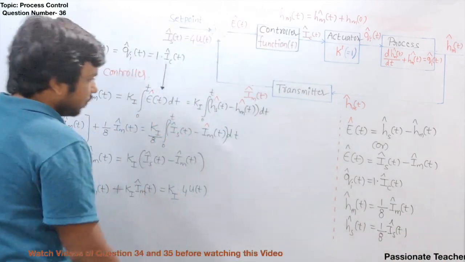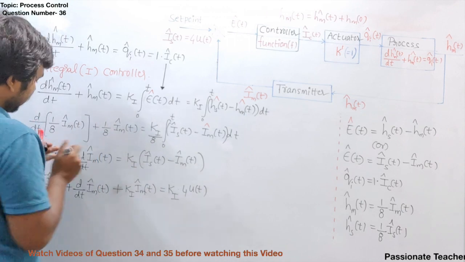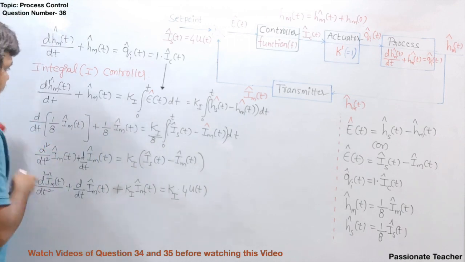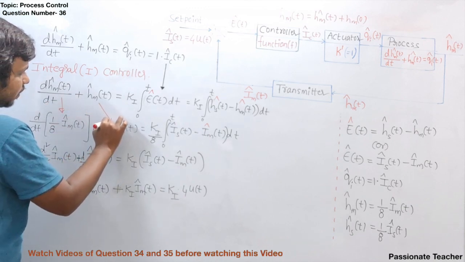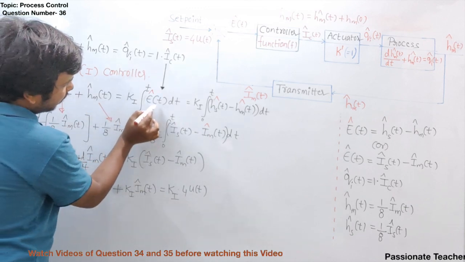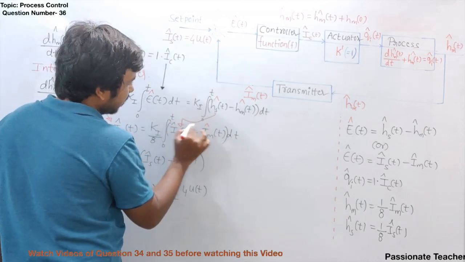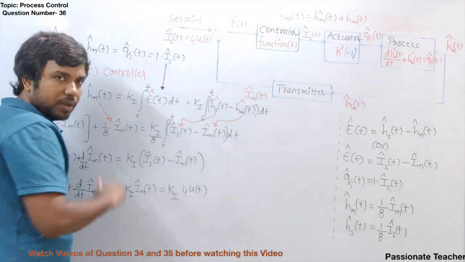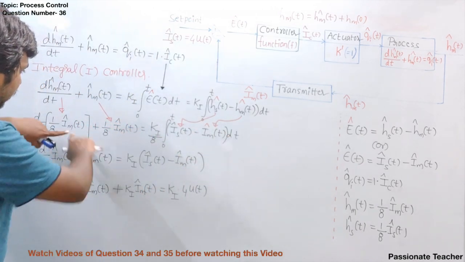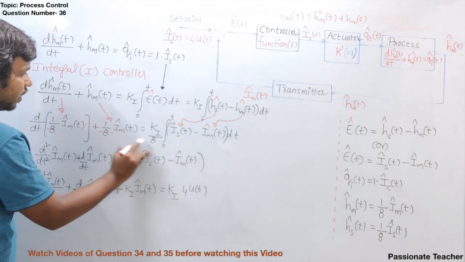So now, if I substitute this here, then it is going to become like this. Wherever this is there, we can convert this simply into current. This is converted into current. This is also converted into current. And here, the error can be written like this. And this is converted like this. And this is converted like this. I took 8 common, so 8 will be here. Now if we multiply both sides with 8, the 8 is going to get cancelled here, here, and here.